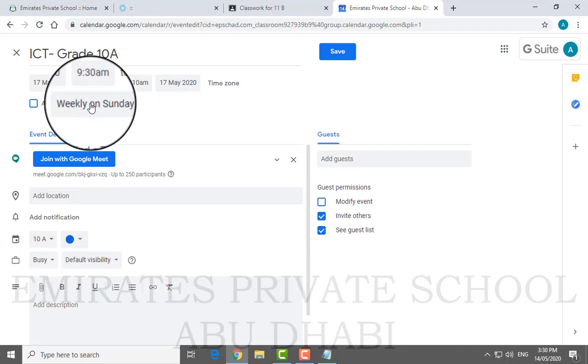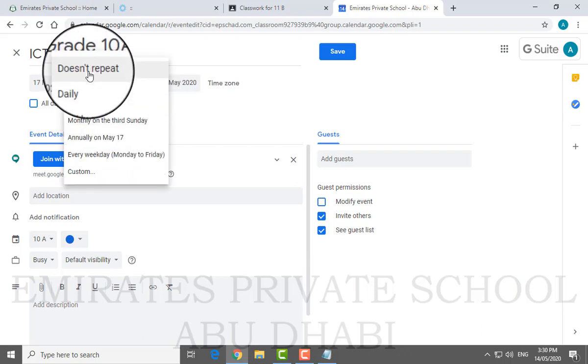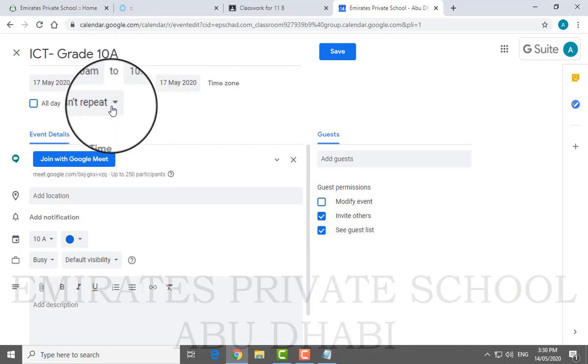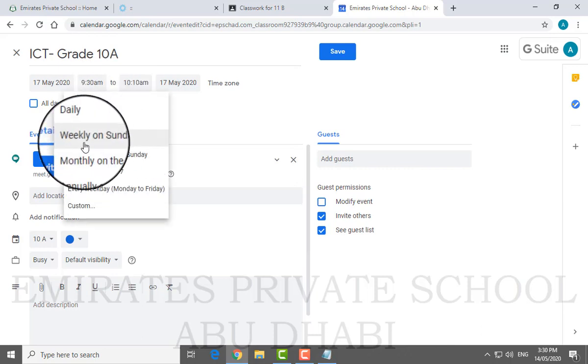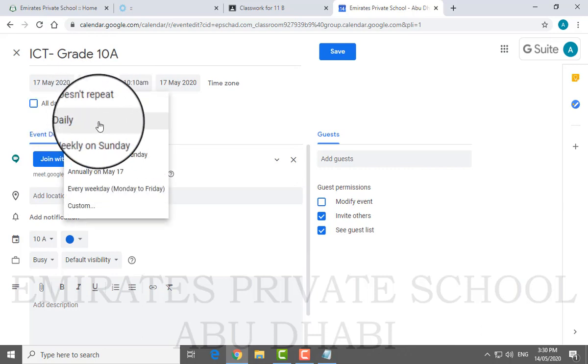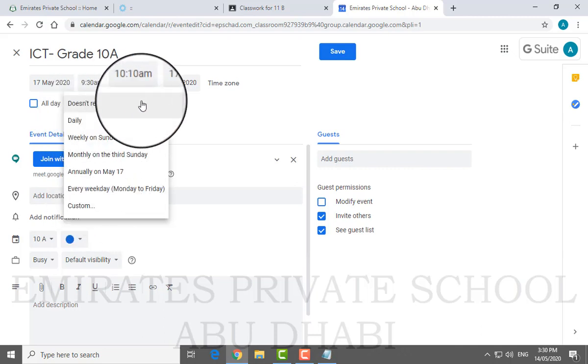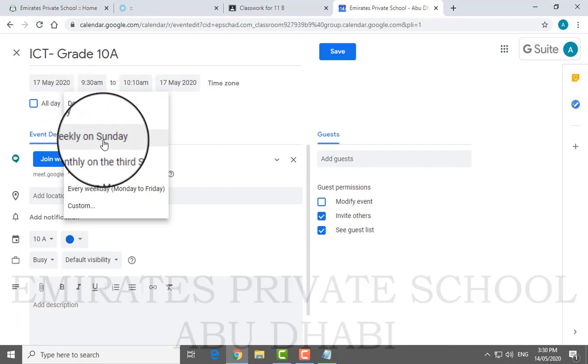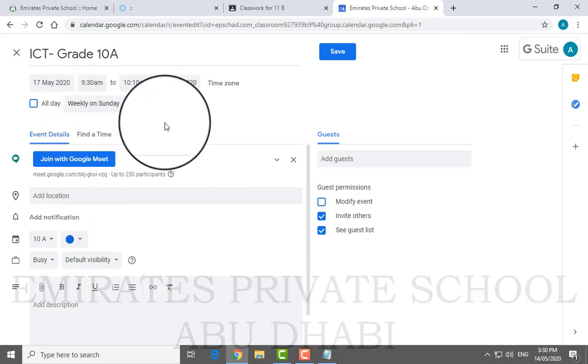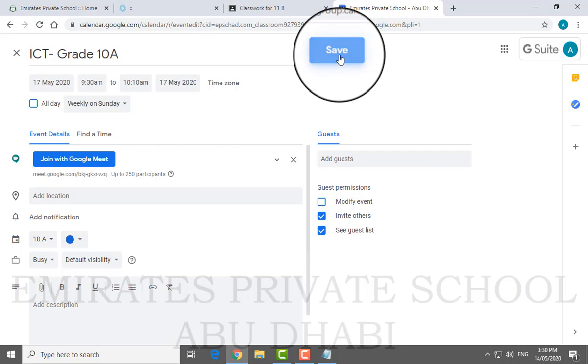In case it changes, then you say don't repeat. You have other options too, like daily classes. If anybody has a daily class, you can select daily. I'm ignoring the rest of the things. So I said weekly on Sunday, and I save this class.